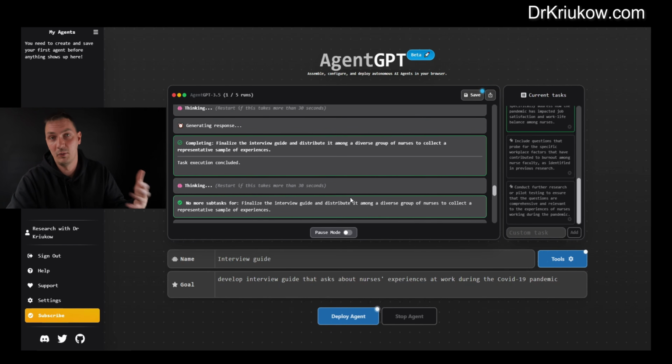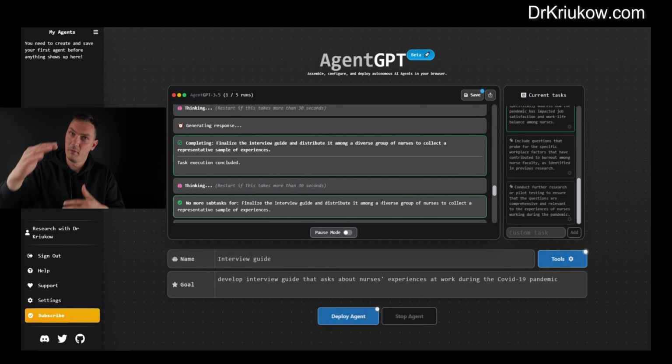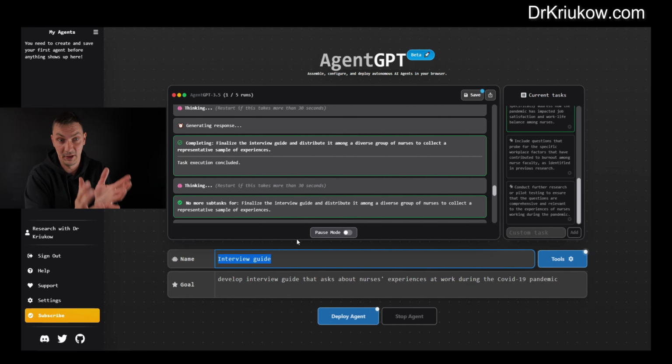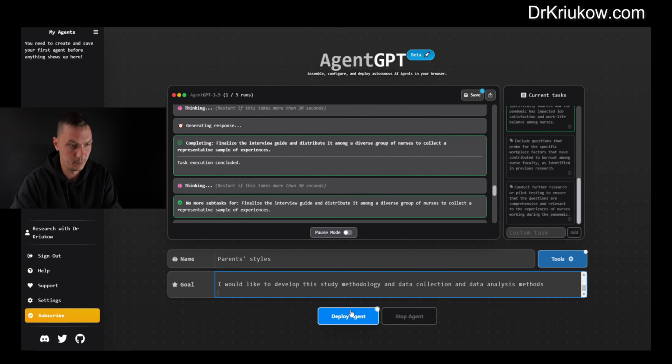So I guess the free plan will give you a nice overview of what you have to do, which is brilliant because you can't rely on AI to literally complete your whole study, but at least this free plan will give you a very clear list of tasks to accomplish to get to your goal, which is good enough. And then if you want to go to the premium, I believe it will actually develop your research and your research questions and everything. So the second one is parenting styles, and now I'm copying and pasting my prompt, deploying the agent,